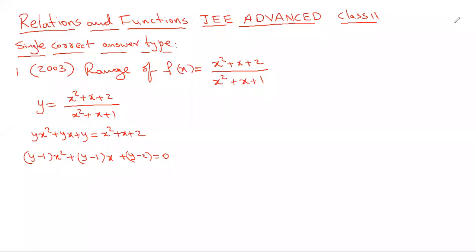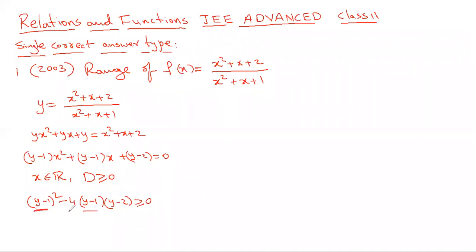The regular calculation: bring the denominator to the LHS and then write that as a quadratic equation. So as usual, for x to be a real number, the D should be greater than or equal to 0. We should not do the calculation blindly. Sometimes we need to observe carefully.